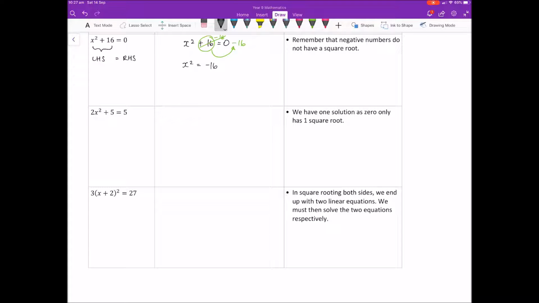Now, unfortunately, we have to stop here purely because negative numbers do not have a square root. So therefore, we can say that there are no solutions as negative numbers